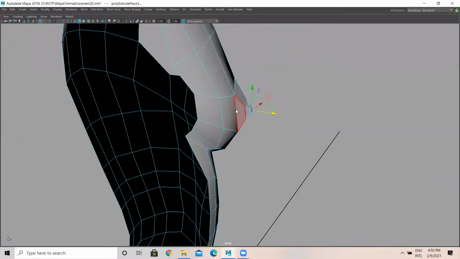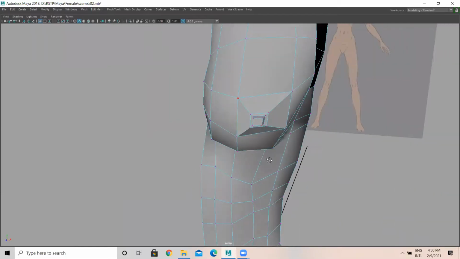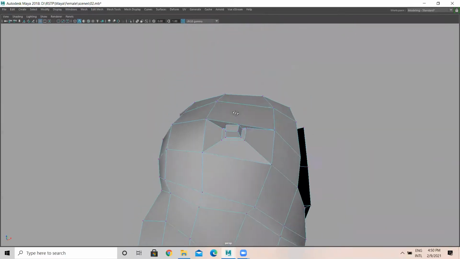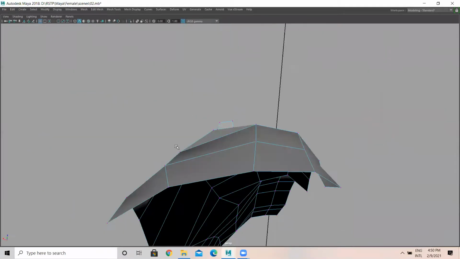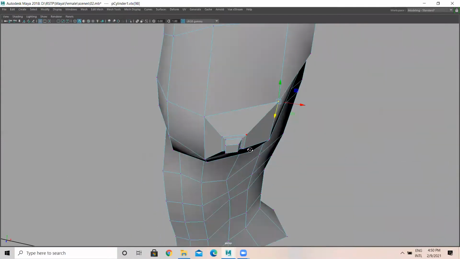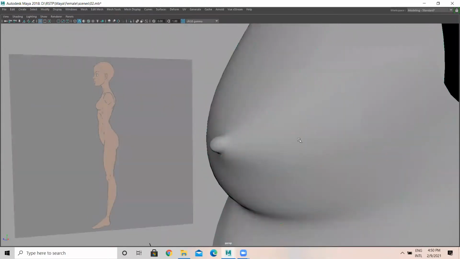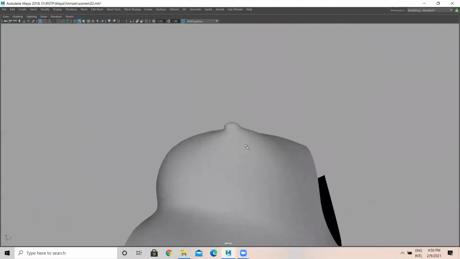So you need to work on this particular part, like these edges and all. It has to be curvy. You can define it, it can be curvy even, something like that you can do. So it's something like this.